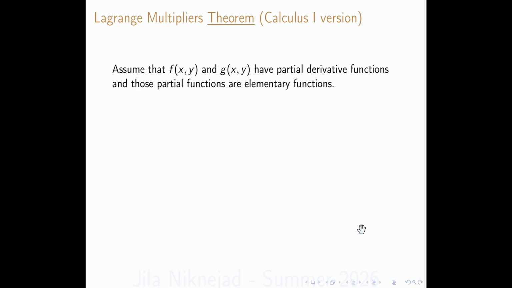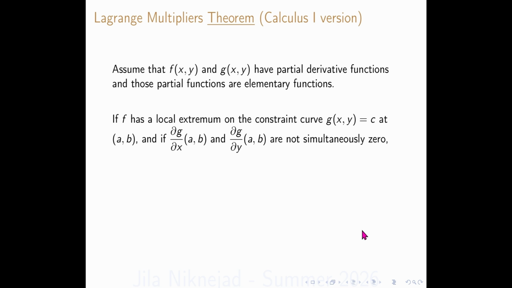Assume that f of x and y and g of x and y have partial derivative functions, and those partial functions are elementary functions. If f has a local extremum on the constraint curve, g of x and y equal to c at a and b, and if the two partials, partial of g with respect to x at a and b and partial of g with respect to y at a and b are not simultaneously zero,